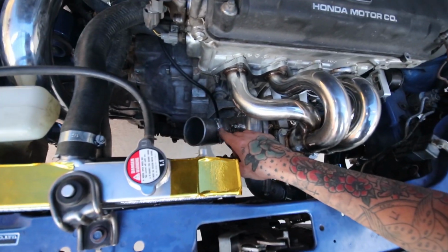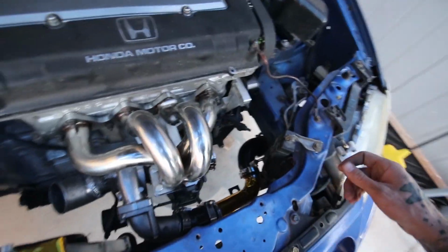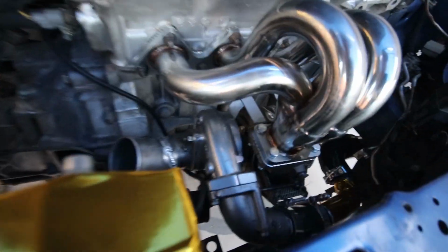We finally got the TIG welder working again, my coworker and I, so I am teaching myself on aluminum, and so far so good. This one came out a lot better than some of the welds on my charge piping and intercooler piping. So yeah, that's what I'm doing right now. I just got that tightened up. Unfortunately, I'm gonna have to take all this off because I don't know if you can see it in there, but